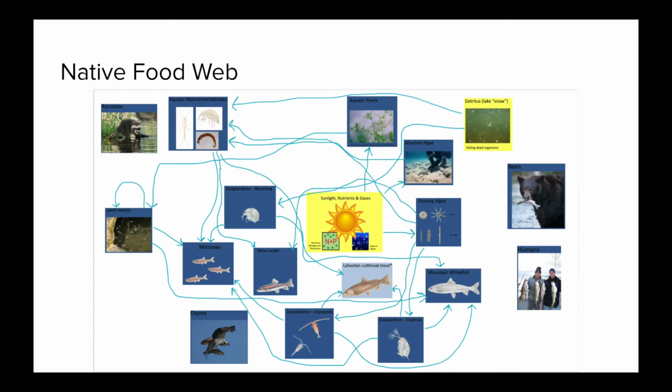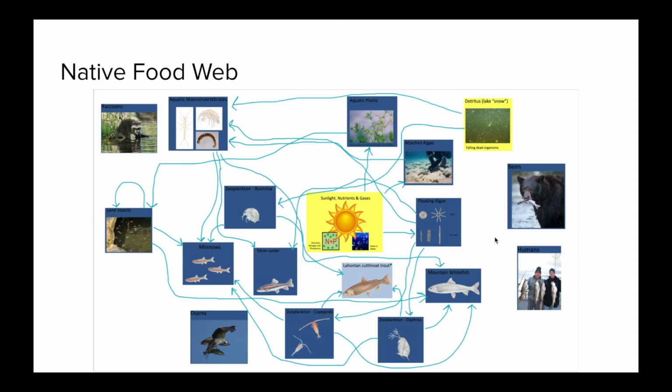However, you may notice in the coming slides how the relationships between the terrestrial ecosystem and the aquatic ecosystem change with the introduction of new species. Which I may add, most of these new species were introduced after the onset of settler colonialism, when non-Indigenous people moved into the Lake Tahoe Basin and started to make changes to the ecosystem.